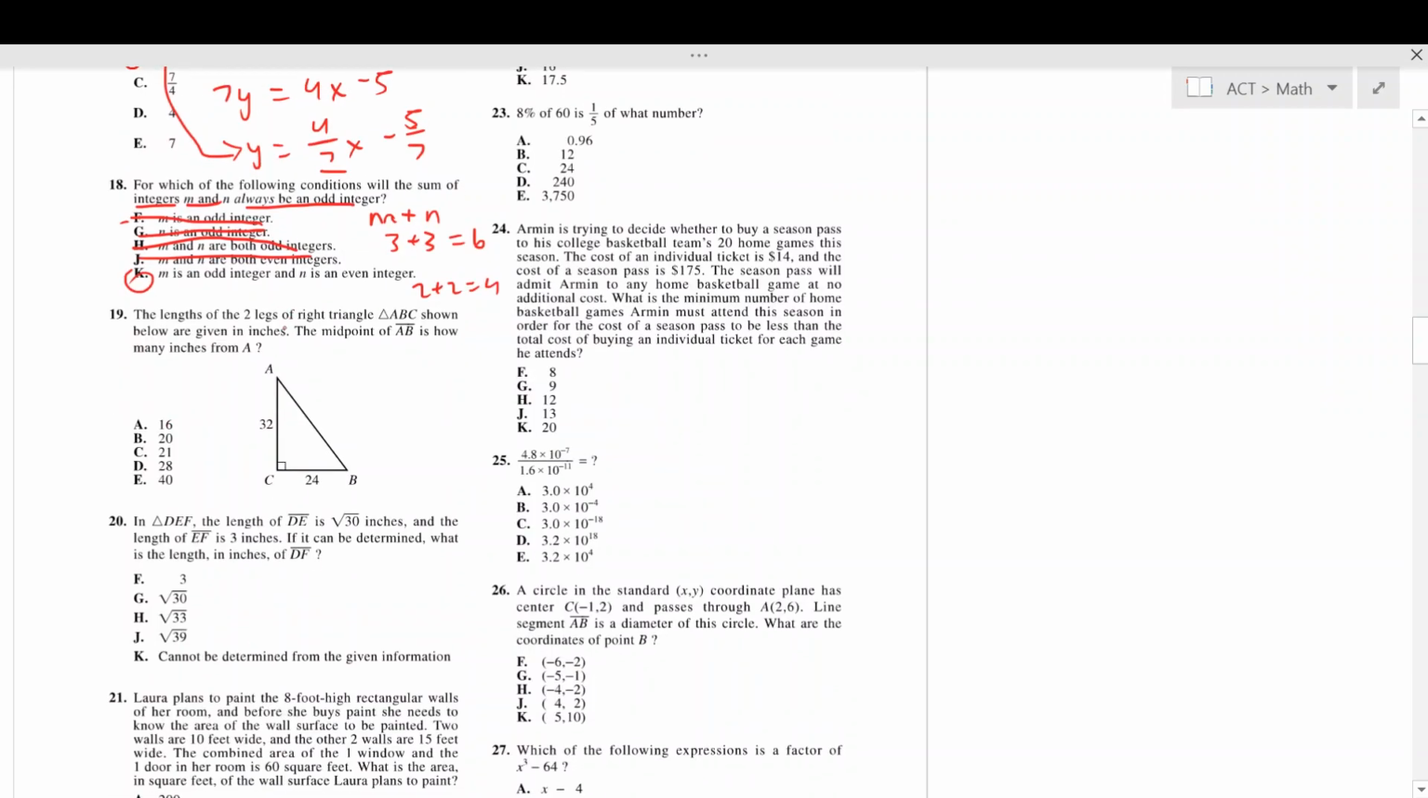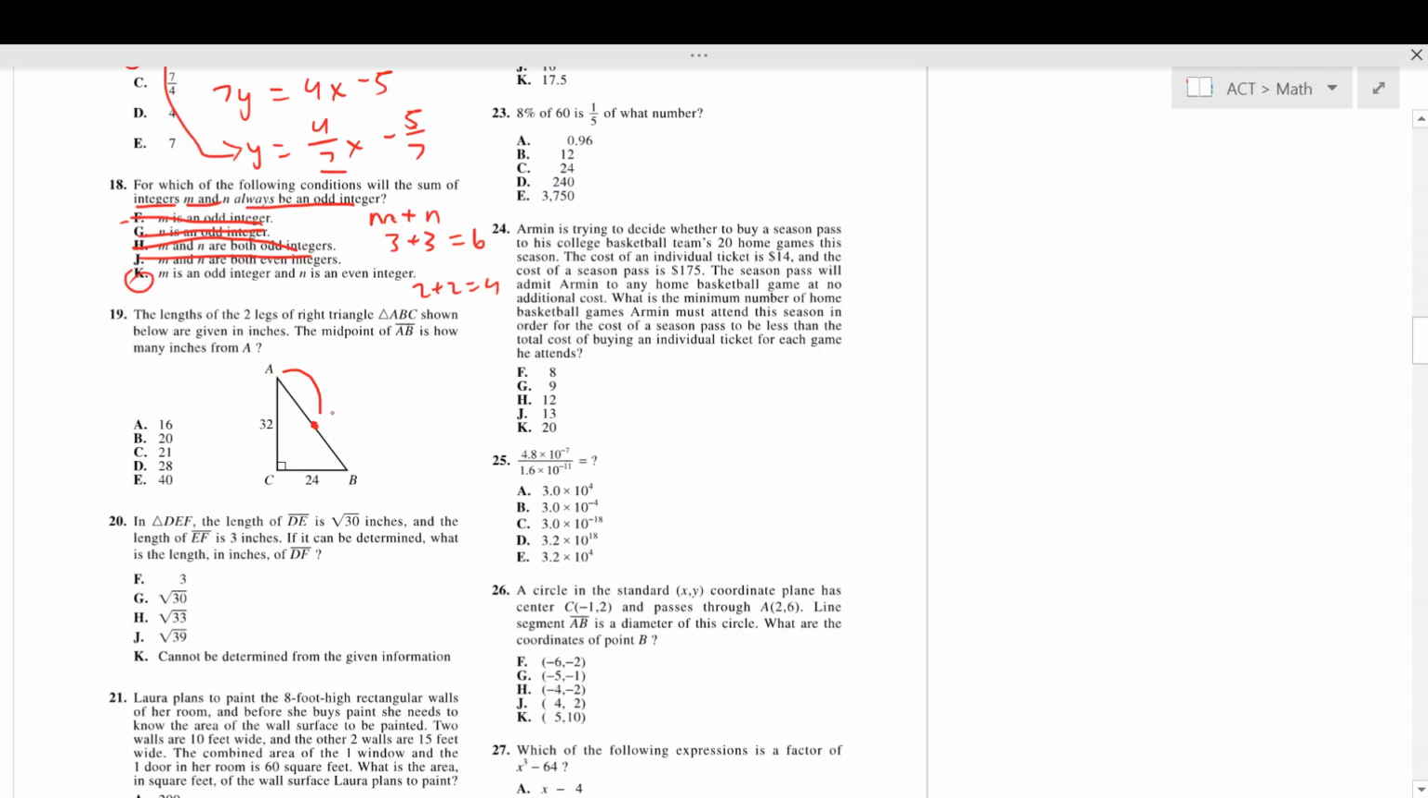The lengths of the two legs are given in inches. The midpoint of AB is how many inches from A? So let's see here. We know that the midpoint by definition means that these two lengths must be the same. And it also means that the length from the midpoint to A, that's what we want, is half of the total length of the side, right? Because that's what midpoint means. So if we find this entire side and multiply it by half,